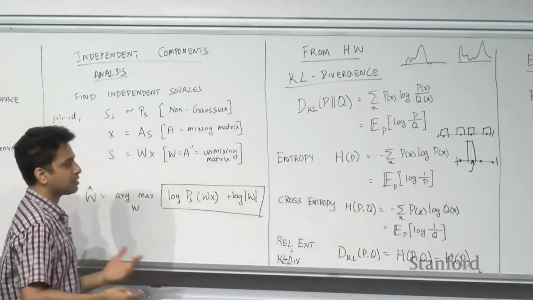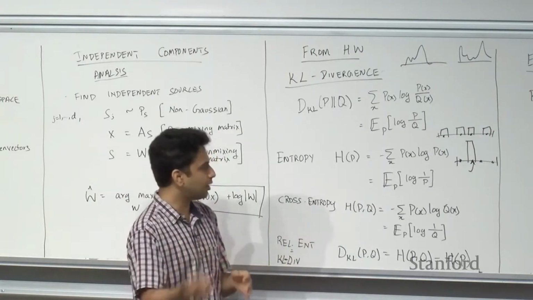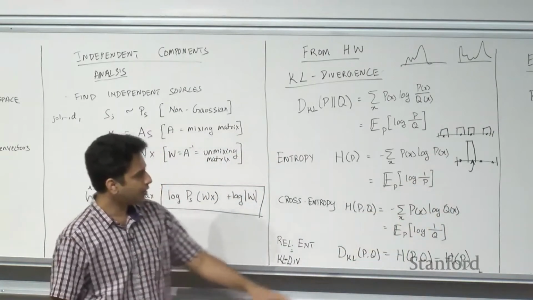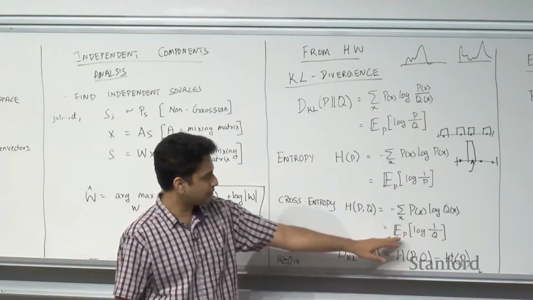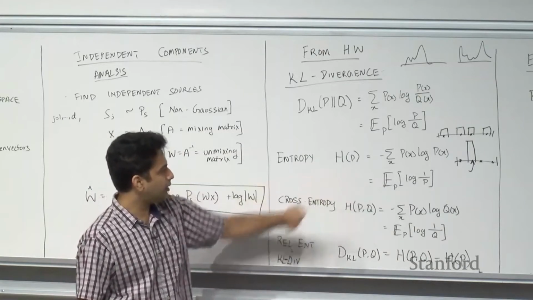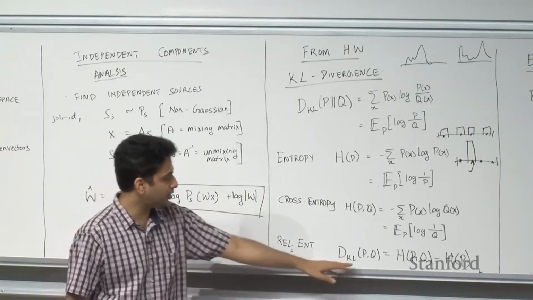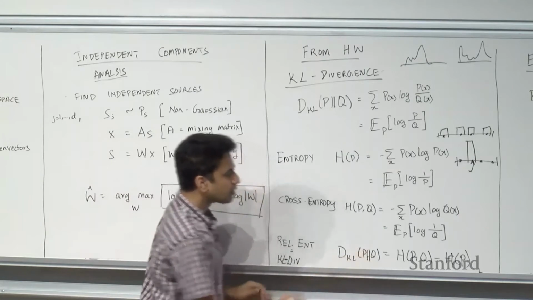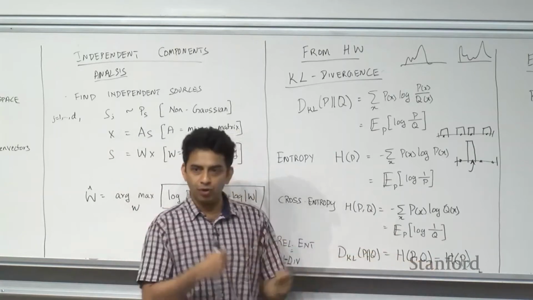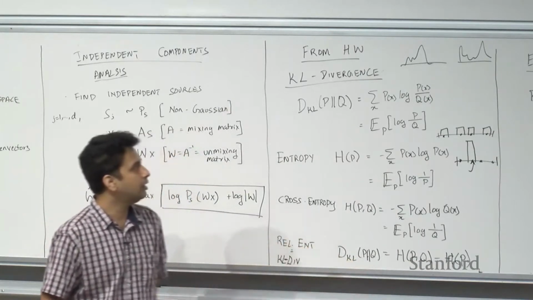And then there is also this nice interpretation of cross entropy that's there in the homework description. You can see that, where we replace P over here by a different distribution Q, the cross entropy gets this form, expectation under P of log of 1 over Q. And the difference between the cross entropy and entropy is actually just equal to the KL-Divergence itself. So the KL-Divergence between two distributions P and Q is just the cross entropy minus the entropy. There are some nice interpretations about this in terms of coding theory in the homework, but that's not really necessary for our lecture today,